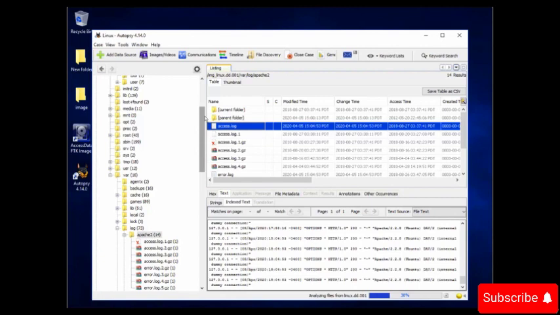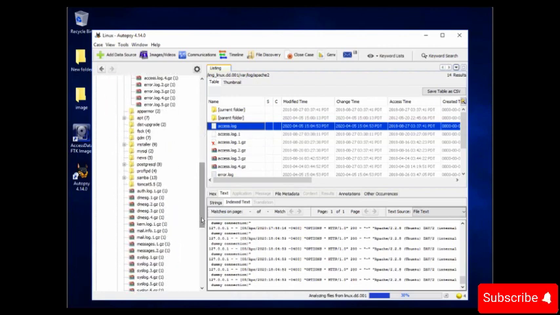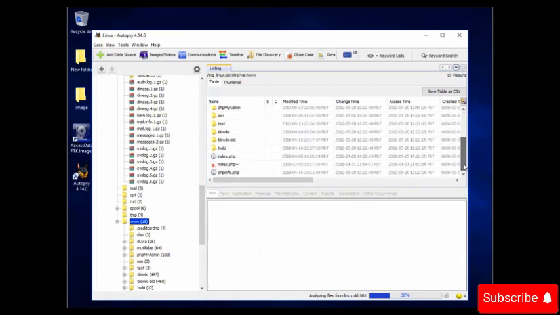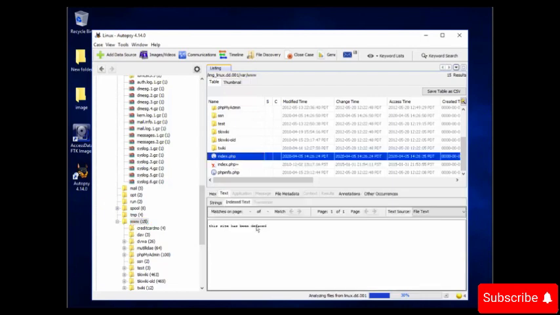Now let's move to the web root directory to see what the hacker actually did. So we have var, and inside var it is www. Select the directory and read the information from index.php, this one. You can see it says this site has been defaced.